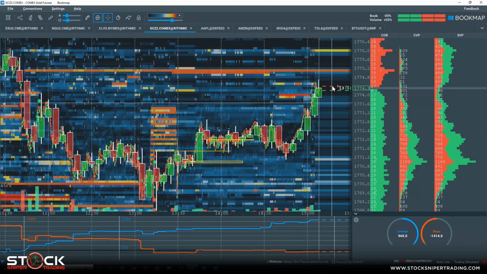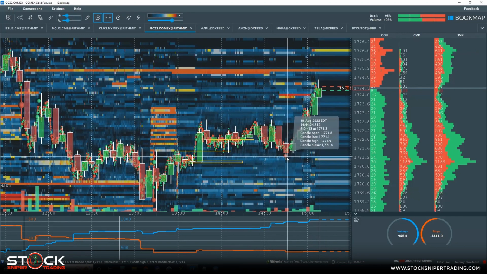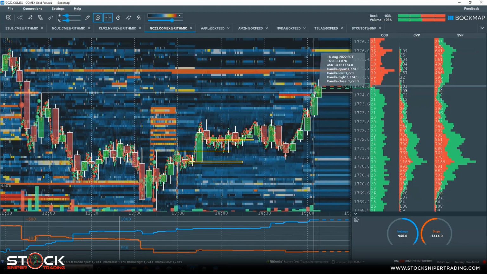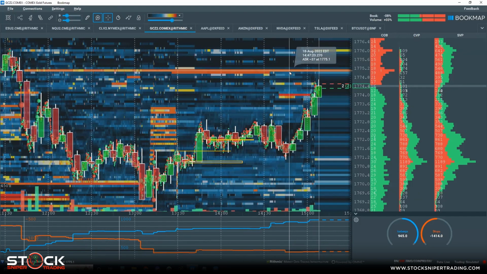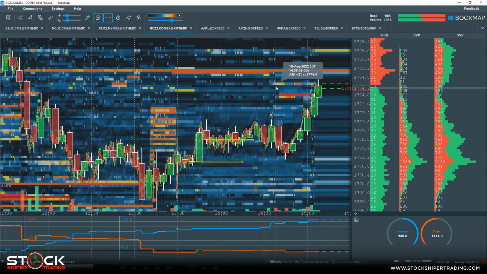So guys, this took a long time here. We had to come back down almost to that point of control on gold, and now we're getting the move we were looking for. That took a while, but anyway,